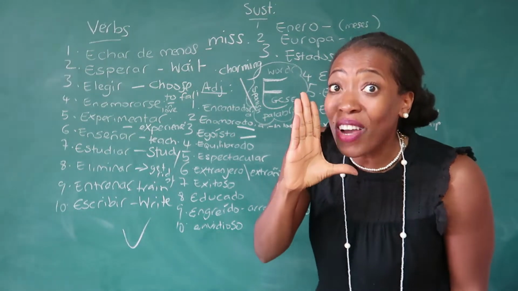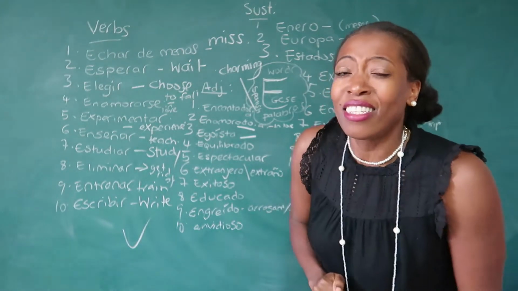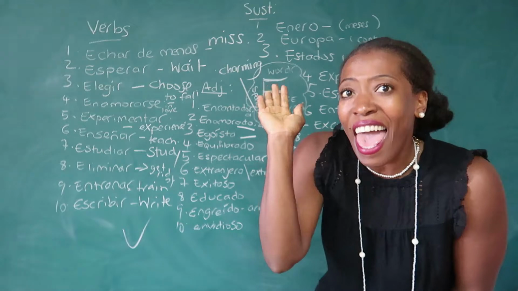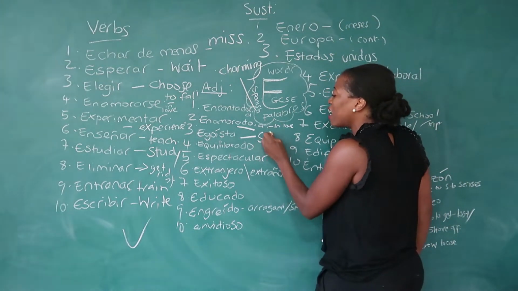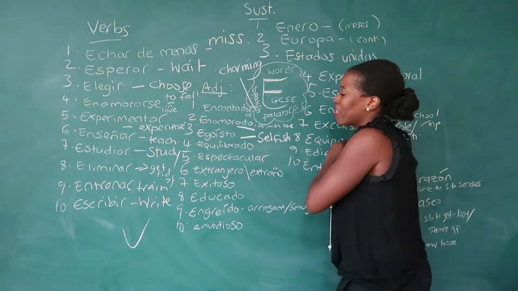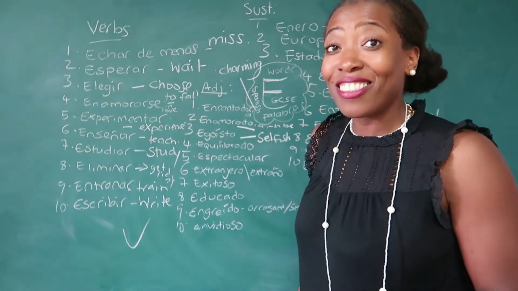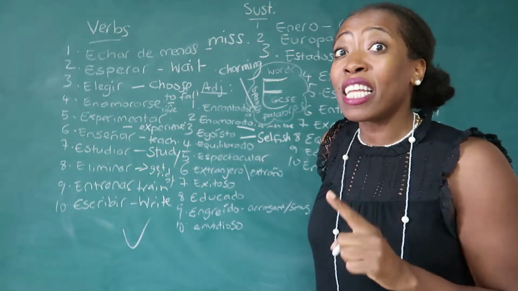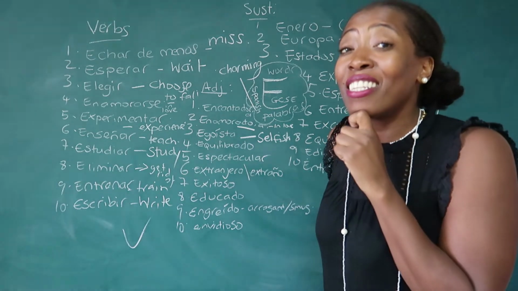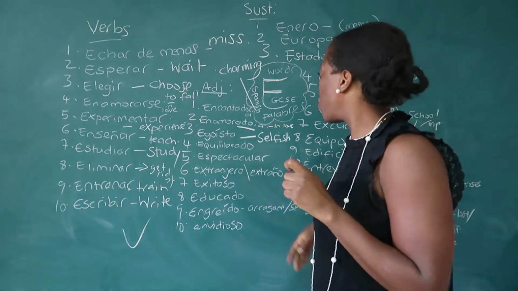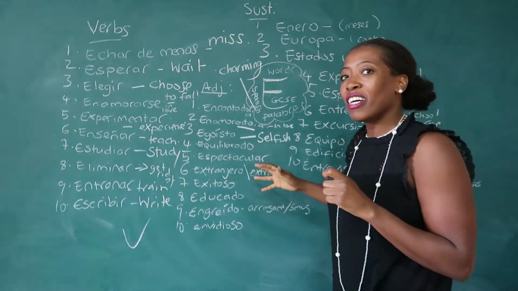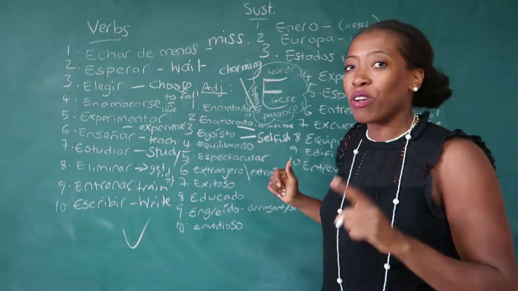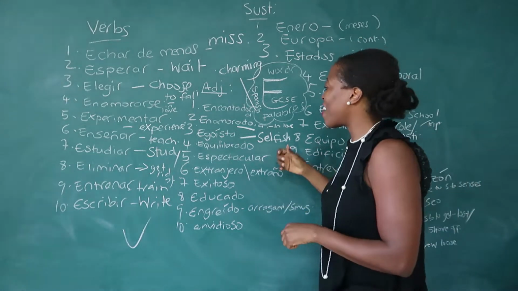Right, next one, egoísta. No seas tan egoísta. Ayúdalo. Okay? Egoísta is selfish. Don't be so selfish. Help him. Egoísta. Selfish. Okay? There you go. Did you know that one? What is the opposite of egoísta? Si no eres egoísta, eres, ¿cuál es lo contrario? ¿Cómo lo dirías? The opposite. Selfless in English is selfless. ¿Cómo dirías selfless en español? Ponlo ahí abajo si lo sabéis. Okay, right. Next one.